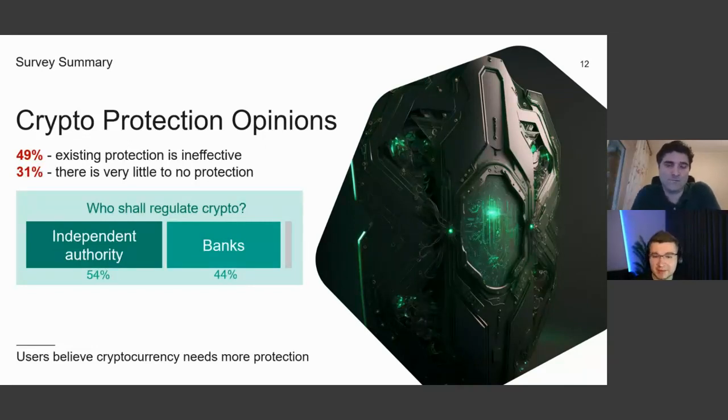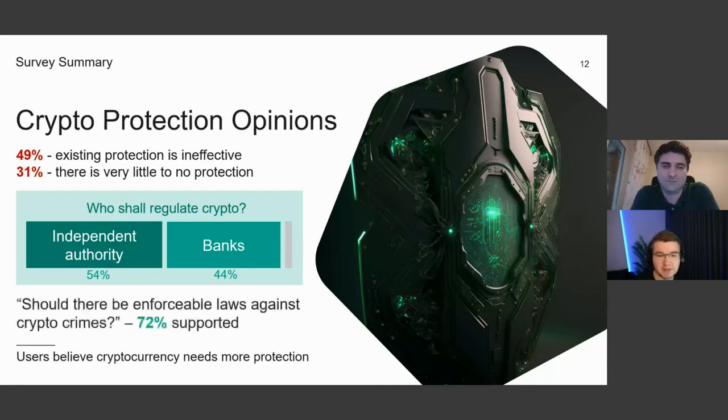People think that crypto needs more regulation. When it comes to market management, 54% would like to see regulation by an independent authority, while 44% agree cryptocurrency regulation should be carried out by banks. The idea of enforceable laws against cryptocurrency-related cybercrime is met with the greatest approval, with 72% expressing support for such